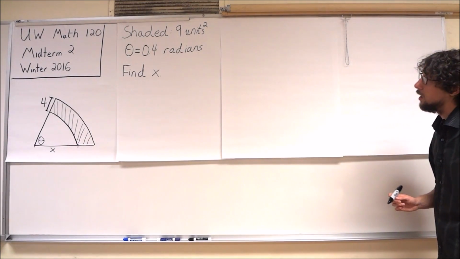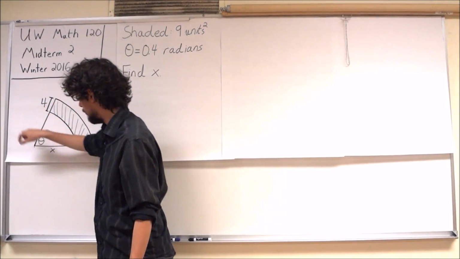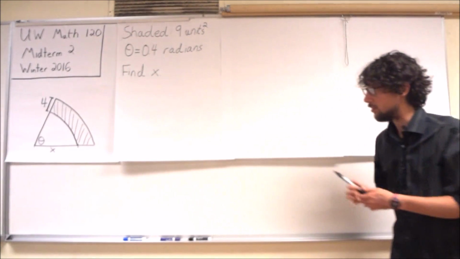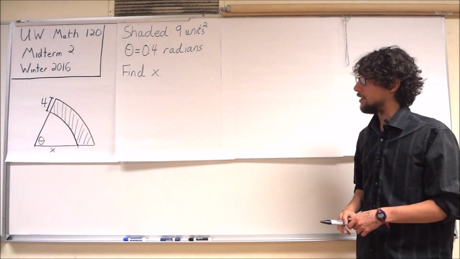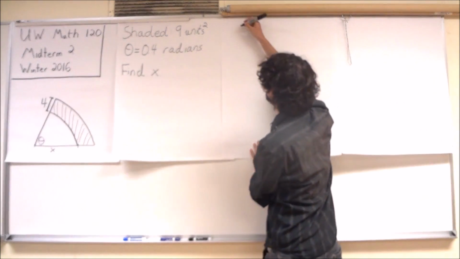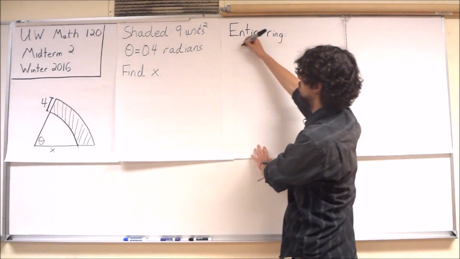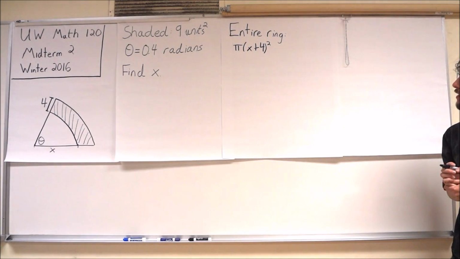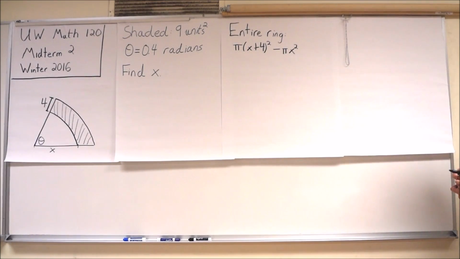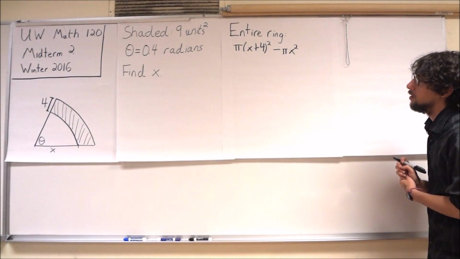So let me express the area of the entire ring around. If we imagined that this was actually a full annulus, a full circle inside another circle, let's see if we can express the area of this exterior ring. So the entire ring would be the area of the larger circle minus the area of the smaller circle. Let's actually multiply this out a little bit. We get pi x squared is going to cancel with this pi x squared. We'll have,